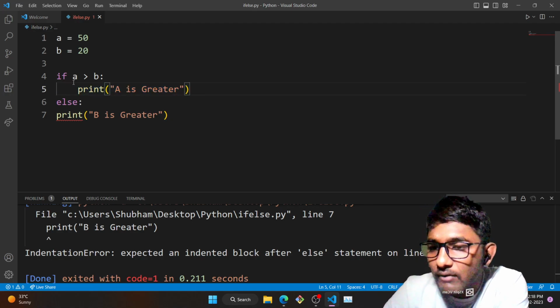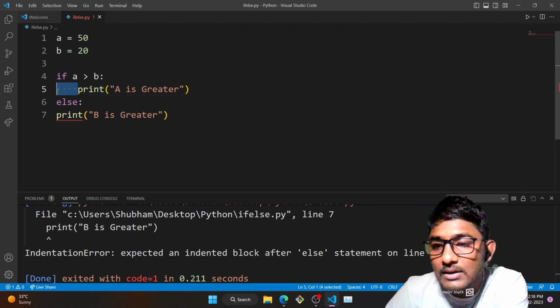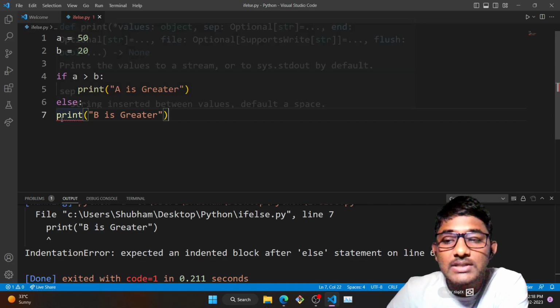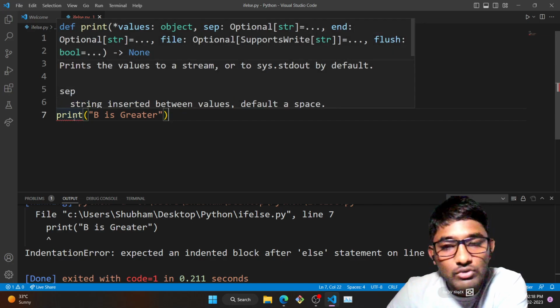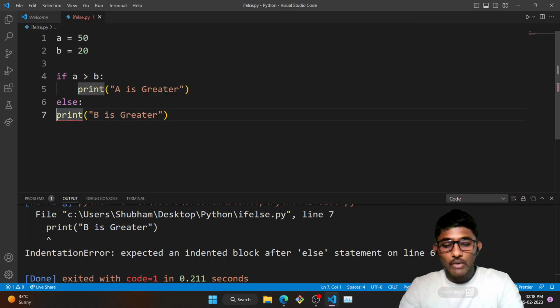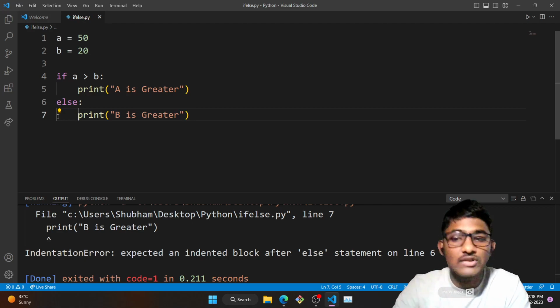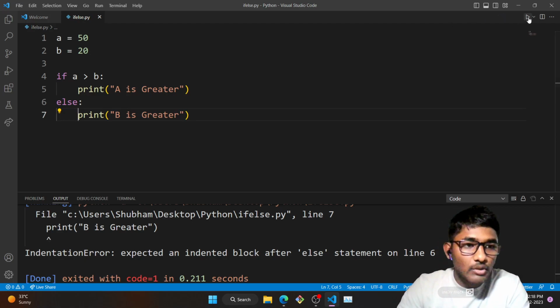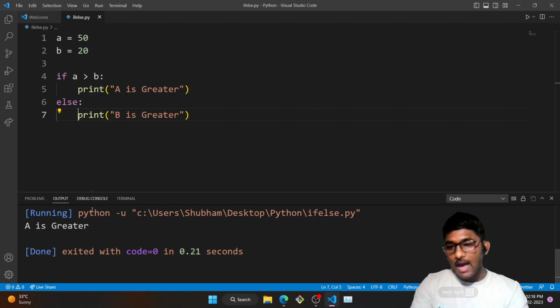So when I was checking, I found that on line number 5, it has printed four spaces, but not in line number 7. Then there is an issue with line number 7. And since we are using the IDE Visual Studio Code, it is marking it with red, right? So what I'll do, I'll just press backspace, press enter, and it will do the auto indentation for you, right? And now when I execute the program, you will get the output over here and it is going to print